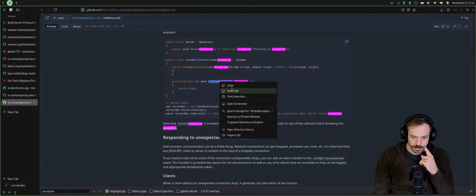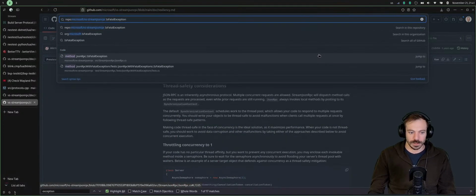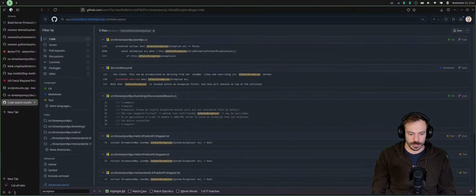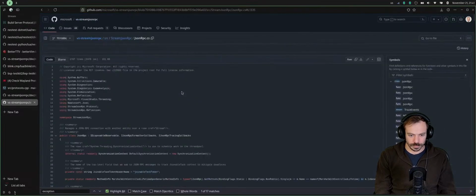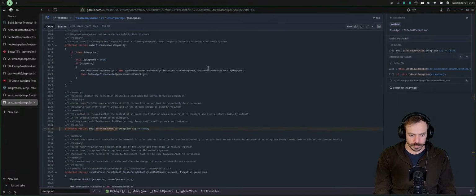Or I could also look up how it's currently implemented. Also interesting to know. Okay, it's just always false.